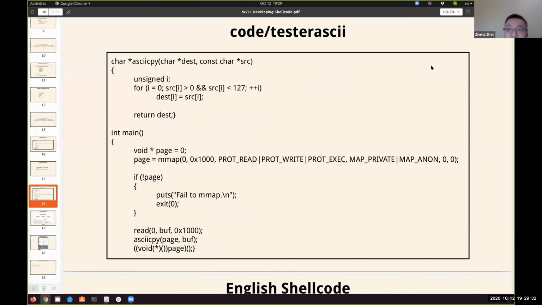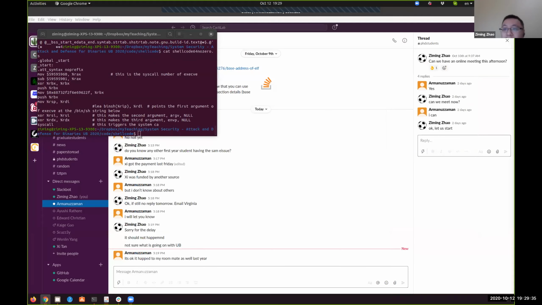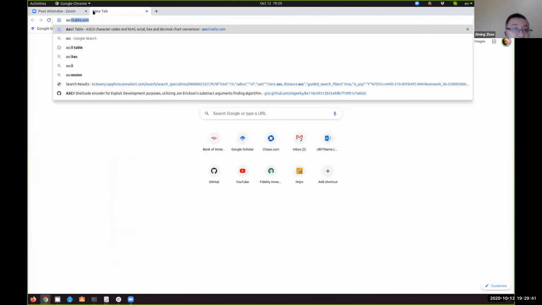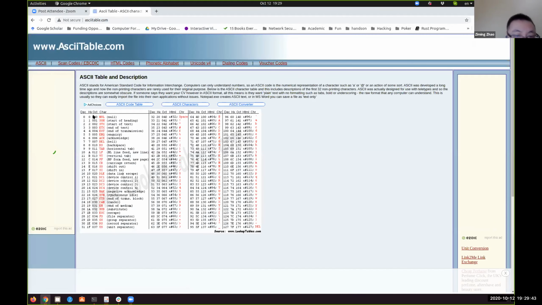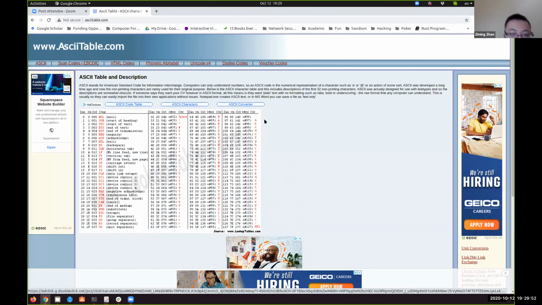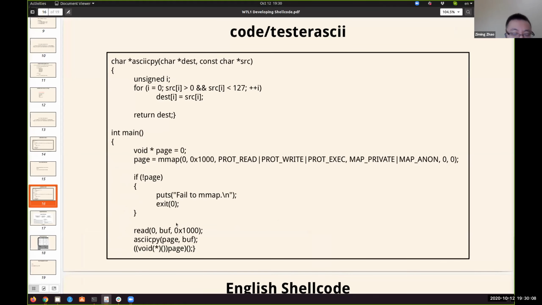Besides that, it's not ASCII. So let me show you my browser. The ASCII table is from 0 to 127, so you can only use bytes where the machine code falls into that range. You have to do a lot of testing here and there. Do the 32-bit version first, then think about the 64-bit version. The 64-bit version is actually very tricky because the syscall itself doesn't fall